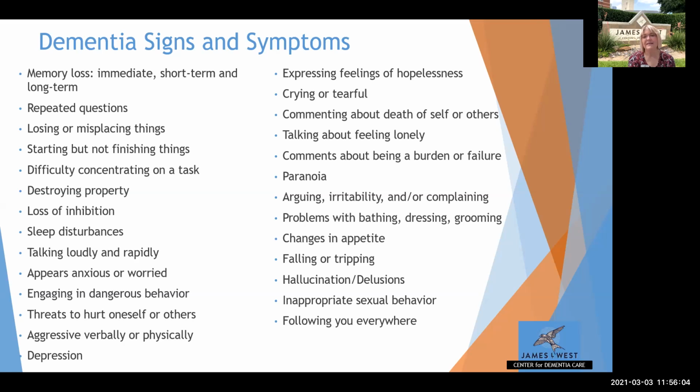So the first one that is listed is memory loss, even though, again, there are 2 types of dementia that present with no memory loss, and we will talk about those. It typically starts with immediate memory and then short-term and then long-term. Some people go the entire course of the disease and will keep that long-term memory. But immediate memory would be an immediate recall. That's why some of those first few assessments they'll do will be, I'm going to give you the name of 5 items, and I'm going to ask you for those 5 items again in 2 minutes